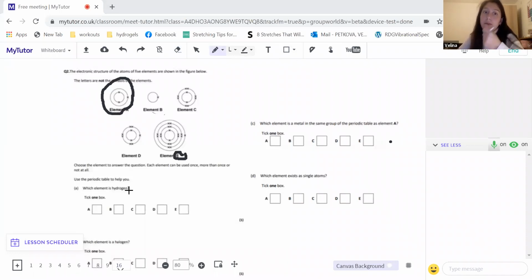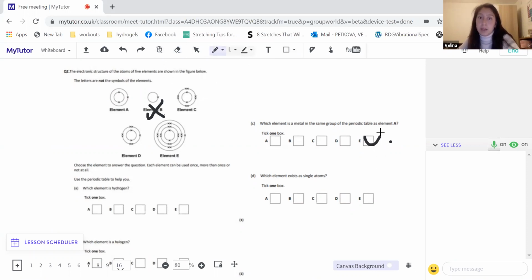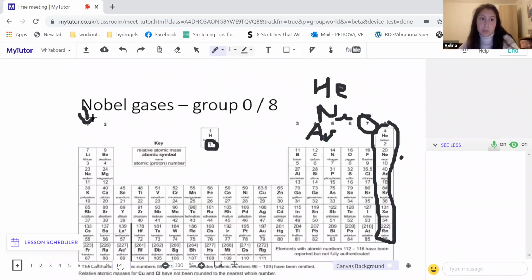Exactly. So we know that element B is hydrogen. Therefore, it can't be element B because that is a non-metal. Okay, it's really important to remember. B is a non-metal. So therefore, the metal that would be in the same period as A would be element E. So with period A, we're looking at group 1 because we have 1 electron in its outer shell. So anything below lithium would be